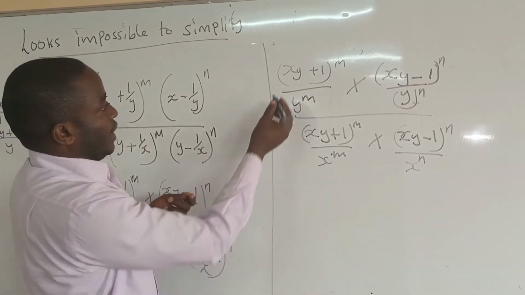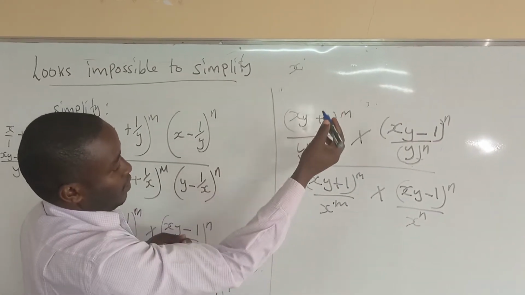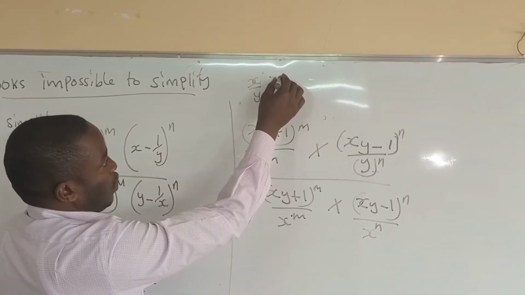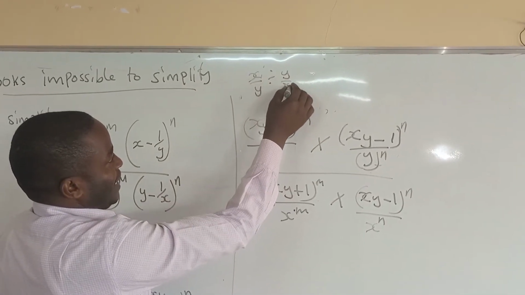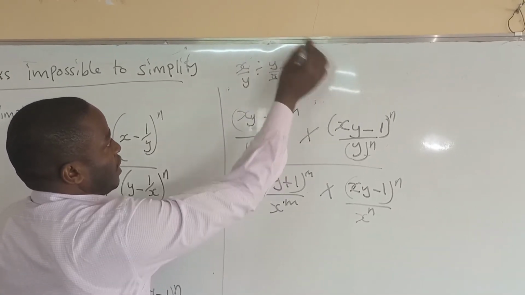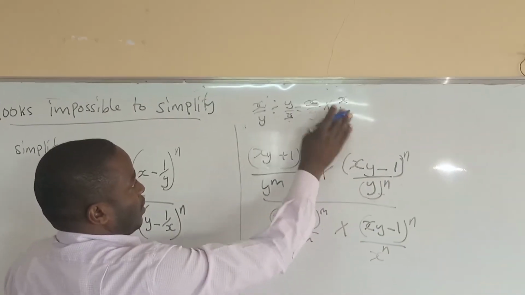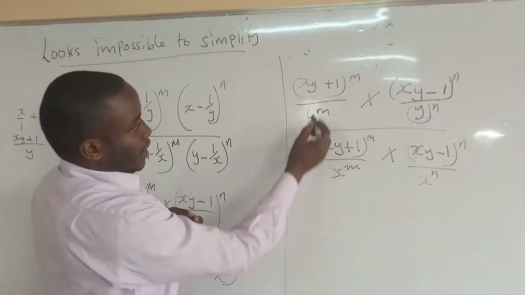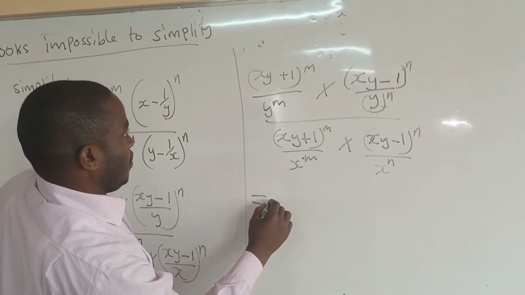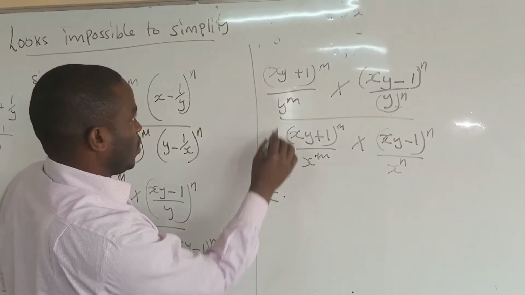When we say like, we say that x over y divided by maybe y all over x is the same as x all over y times the reciprocal, that is x over y. So we use the same principle here. We do this one, this will be equal to, now we are dividing this one and that one separately, so we shall have